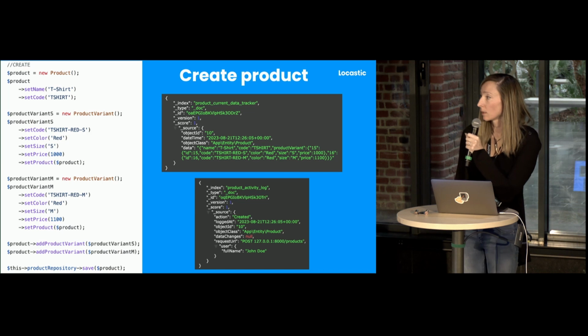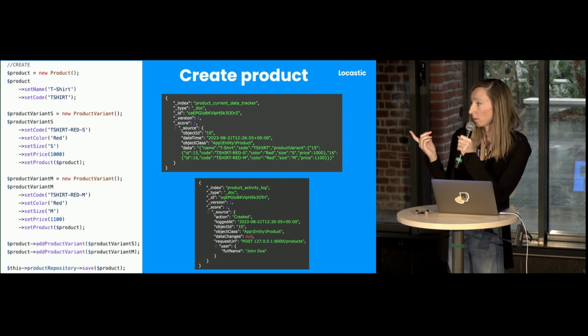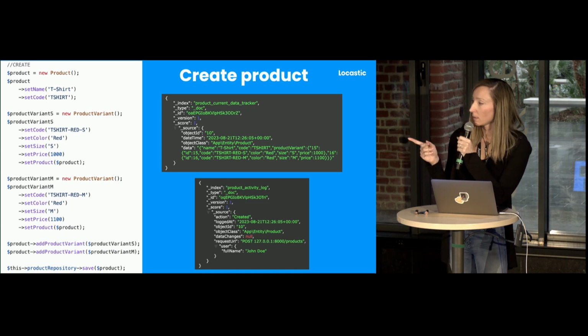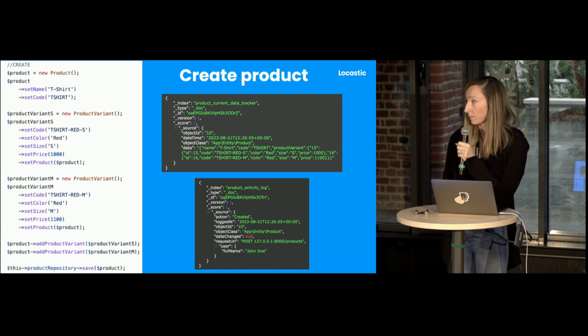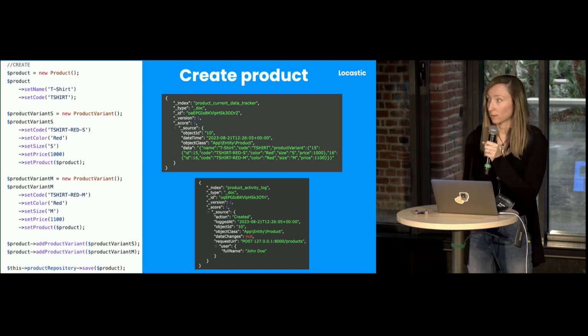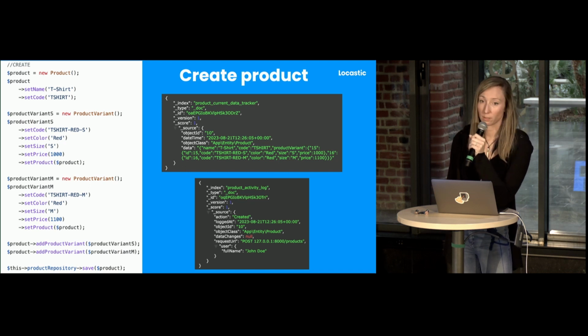And secondly, it creates the activity log. We can see that it has the action which is created. It has a date time when it was logged. We also have object ID and object class, which will be used later for filtering and searching. This time, data changes are empty. It's because it's a brand new product, so there's nothing to compare with. And we also have request URL and the user who did this change.